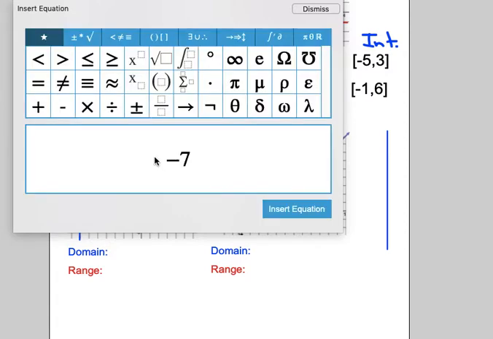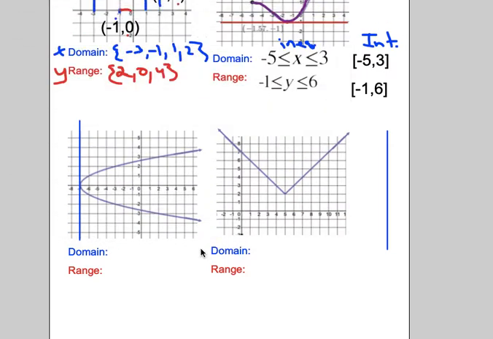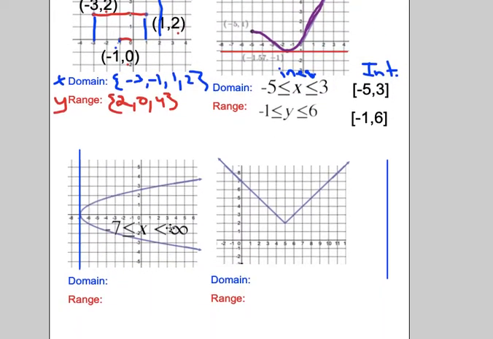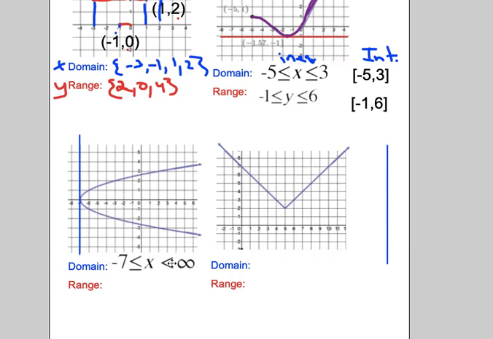So -7 is the lowest my graph goes, and there is an endpoint there. And the highest my graph goes is actually infinity. It goes forever and always to the right. I gotta find where that is. Here it is. So that's how you could write that domain using